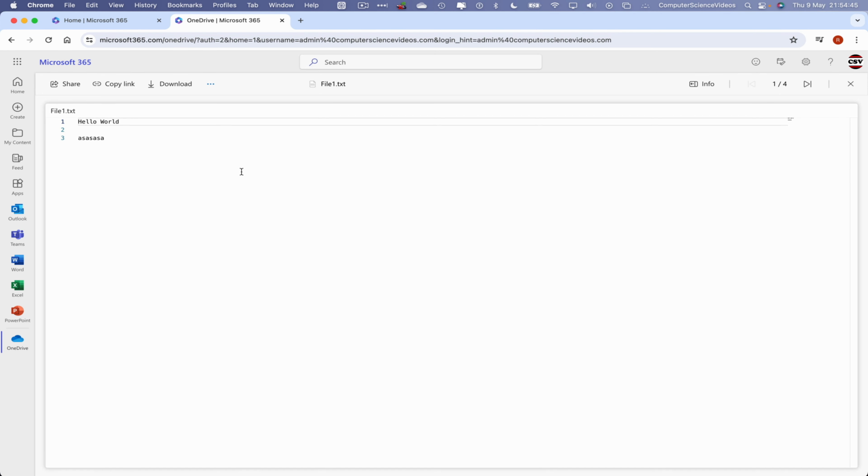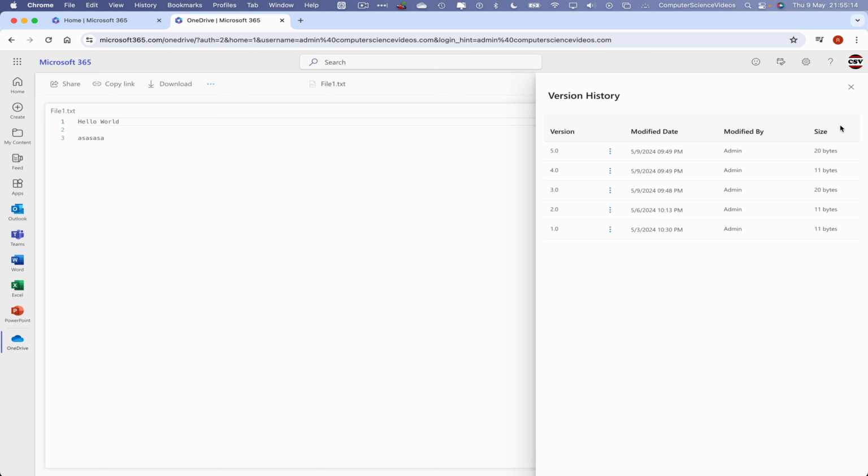So in this tutorial, we are looking at how to go back in time through version control to access the file that was created previously before we made the new changes to update the file. So let's now click on those three dots, go to version history, and now if I were to, let's just say, click on the first version and click on restore,